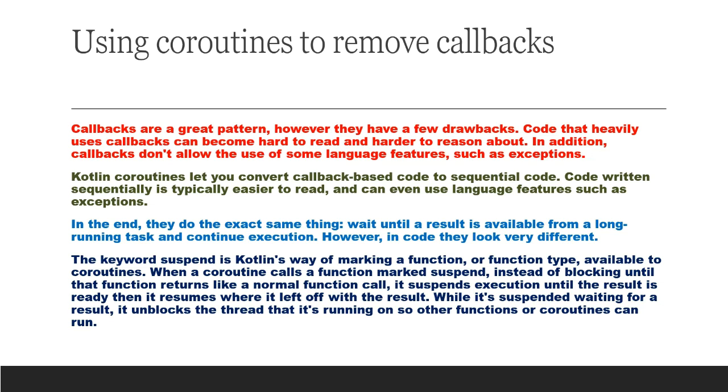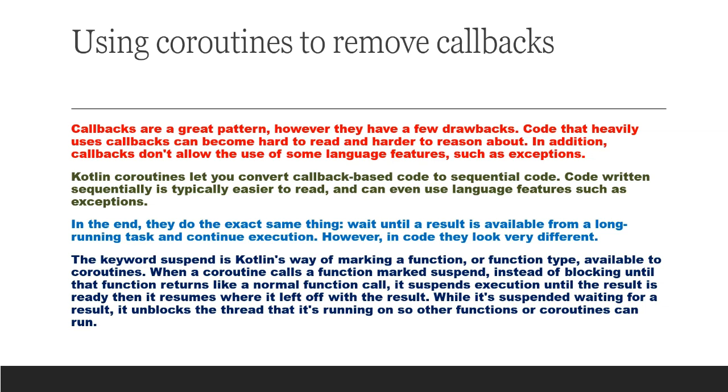However, they have a few drawbacks, and heavily used callbacks can become hard to read and harder to reason about. In addition, callbacks don't allow using some language features, and Kotlin coroutines let you convert callback-based code to sequential code. Code written sequentially is typically easier to read and can even use language features such as exceptions. So in the end, they do the exact same thing: wait until a result is available for a long-running task. The keyword suspend is Kotlin's way of marking a function, or function type, as available to coroutines. Whenever a coroutine calls a function marked suspend, instead of blocking until the function returns like a normal function,